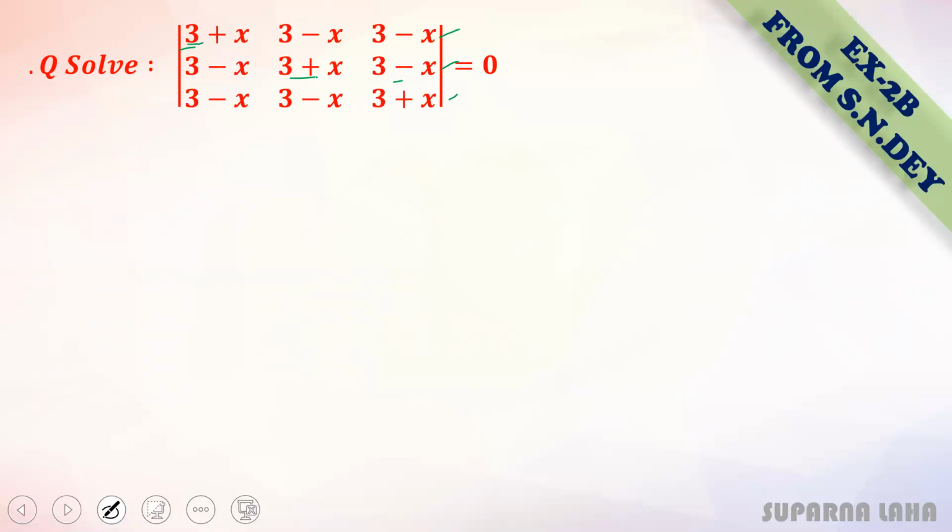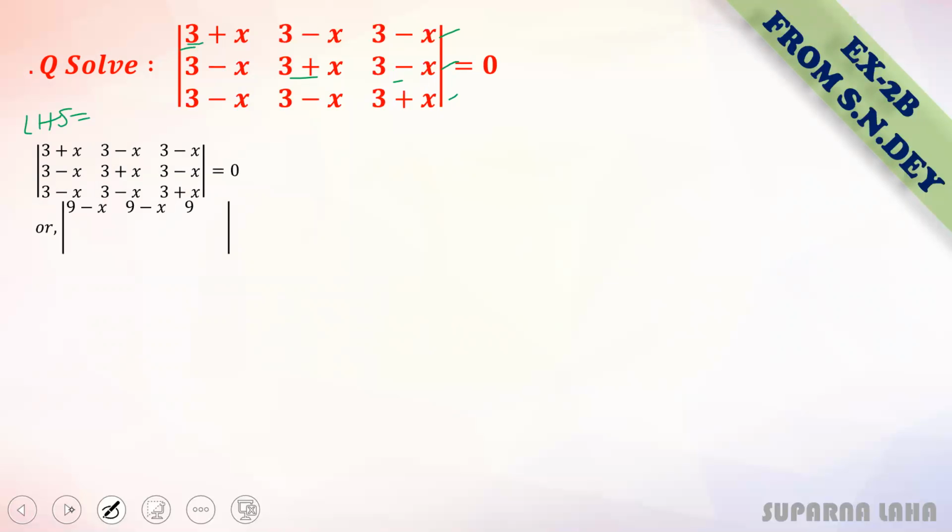So now if we add these rows or columns, all the 3 rows or all the 3 columns, what will you find? Just write down this LHS value and just add them in a row or in a column, whatever is more suitable for you. You can apply this operation. So here I'm taking this operation on the first row, that is row 1 dash is given by row 1 plus row 2 plus row 3.